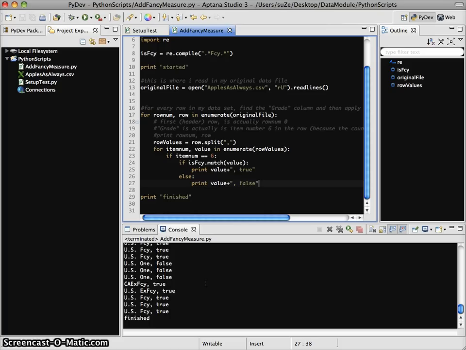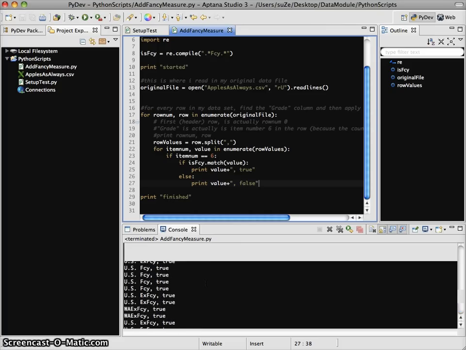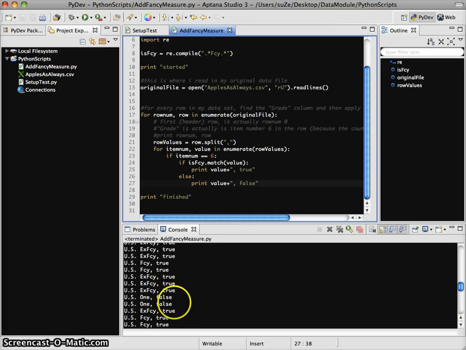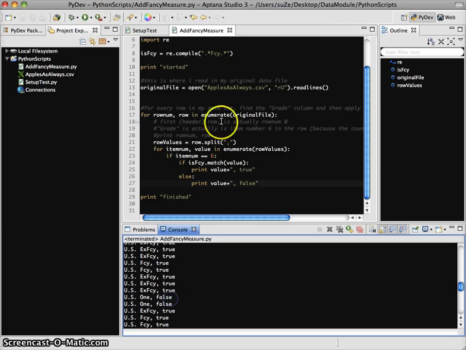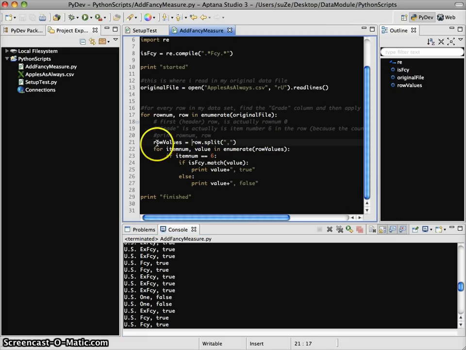All right, so starting to look pretty good. Let's see, we got trues, we got a lot of trues. Good. So now we see that we're actually successfully going through row by row. We've discovered that grade is actually item number 6 in the row because the counter begins at 0. We've split the string that is our row contents into a genuine list. It looks like a list, but we have to force the computer to actually make it into a list by using this split function. And then we're going to go through each value in that new list of items,